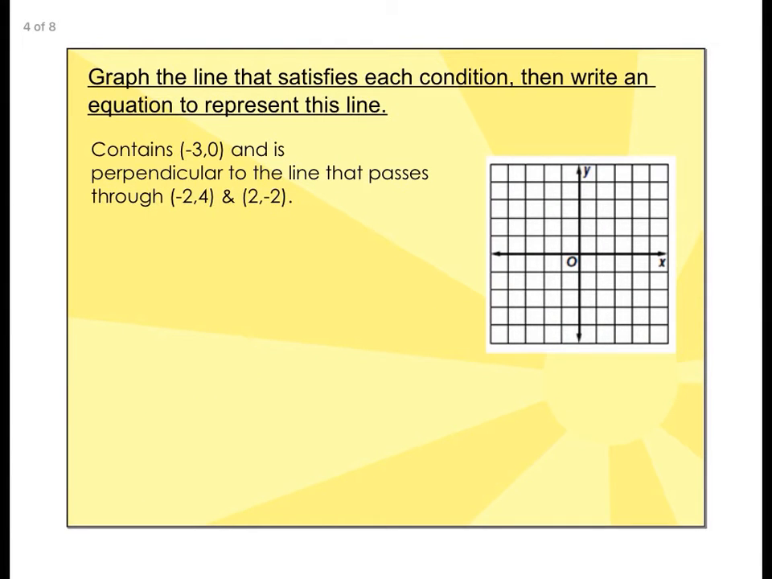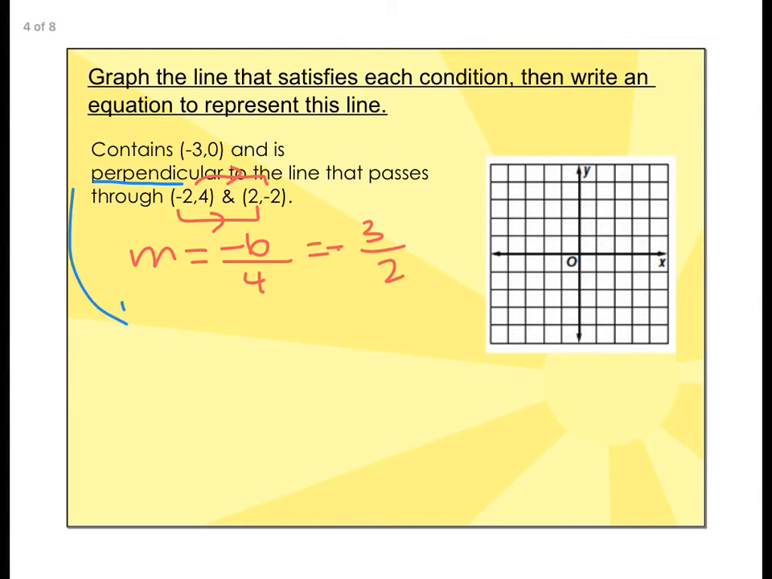All right, up next is writing equations for lines that are going to be perpendicular to a given line. So this one says it contains the point negative 3, 0, and it's perpendicular to the line that passes through negative 2, 4, and 2, negative 2. So we need to know the slope of this original line. So I'm going to find the slope here first of this original line. So that slope would be, well, 4 to negative 2 is minus 6. Negative 2 to 2 is 4. So that's the slope of the given line, is negative 3/2,